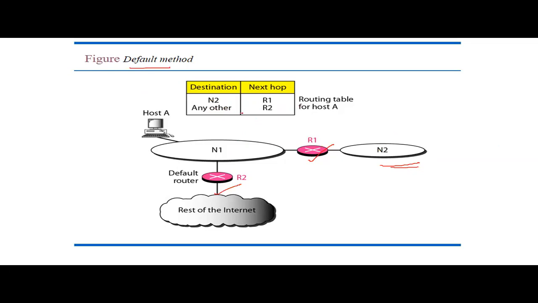And that one entry is called the default router. This default router is defined with the network address as 0.0.0.0. So this is the default router. Instead of having a huge table with all the listings, we have a default router, or a default network address of all zeros, which connects to all the other hosts or systems on the internet.